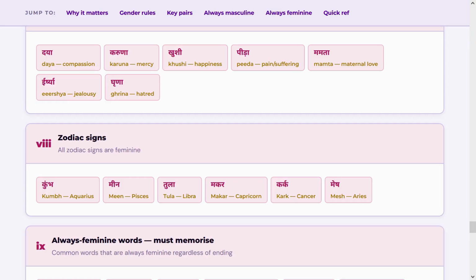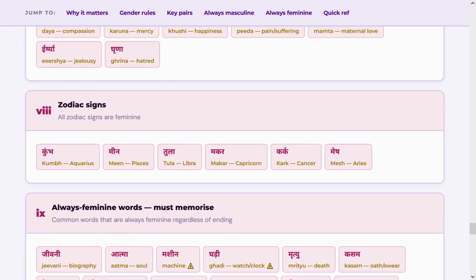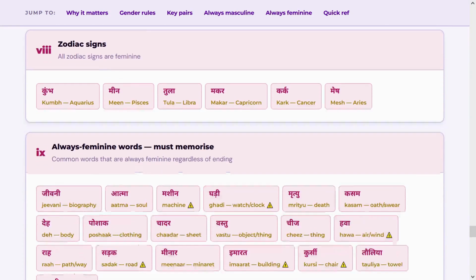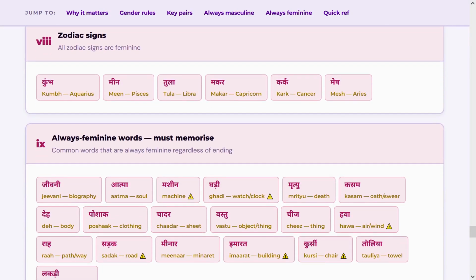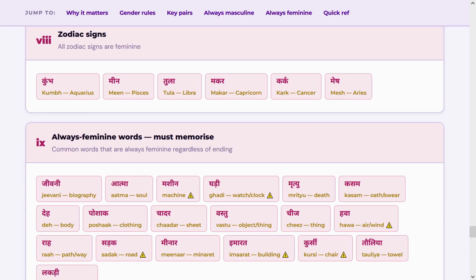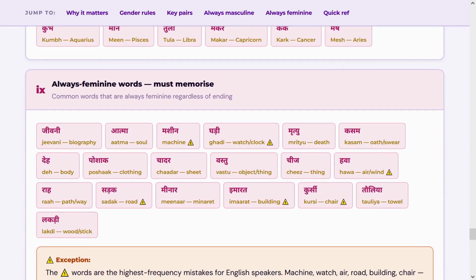I know I have not discussed all of them here. You just look into them. Just remember that all will be feminine in gender. Always feminine words. There are certain words that you should remember, like Jeevani, biography, Atma, soul, Machine, machine, Ghadi, watch or clock, Mrityu, death, Kasam, oath or swear, Deh, body, Poshak, clothing, Chadar, sheet, Vastu,